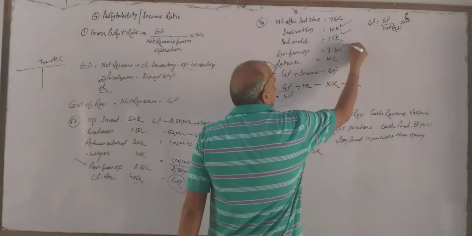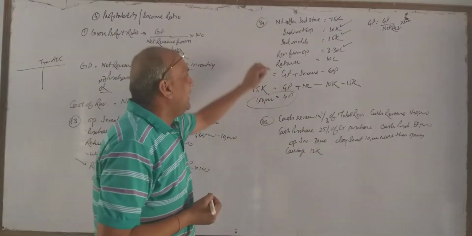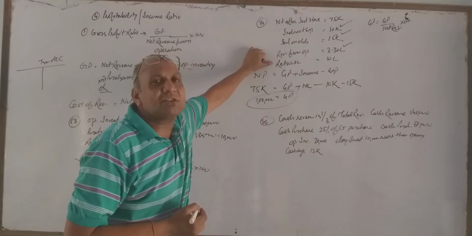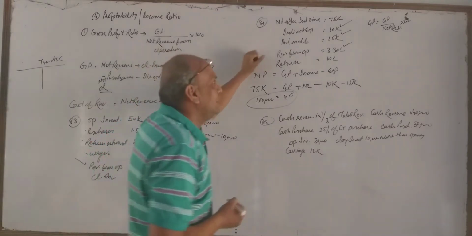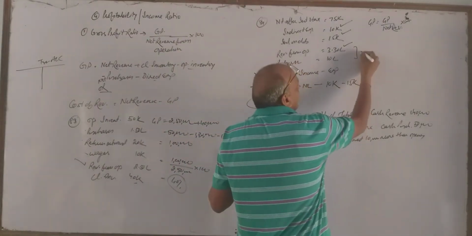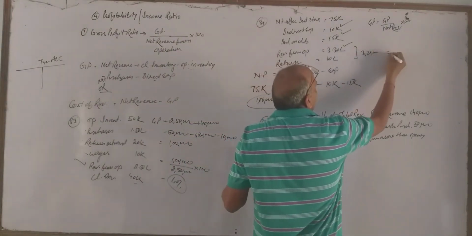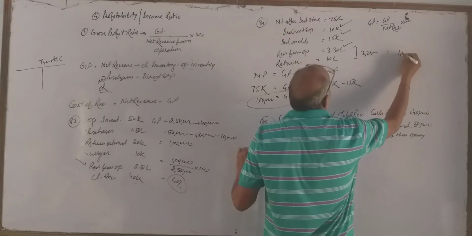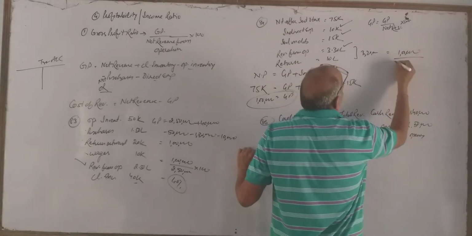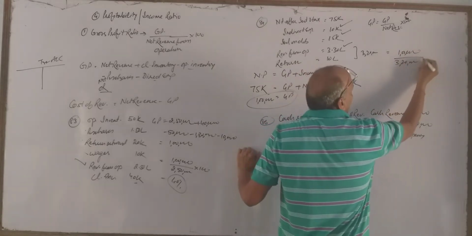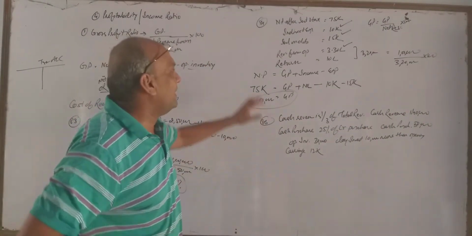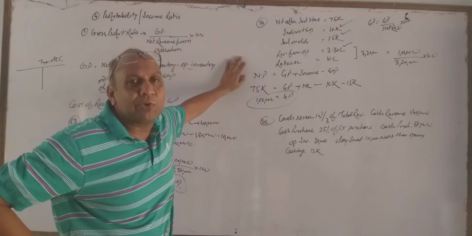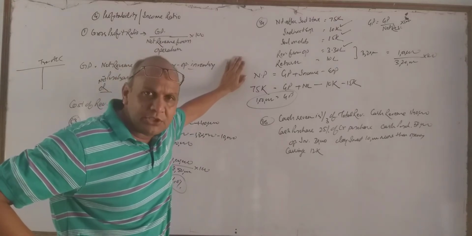Now revenue from operation is 3.30 lakh, and return is not mentioned as sales return or purchase return, so here we will consider it sales return. So it will be 3,20,000 rupees. So what is our gross profit ratio here? 1 lakh divided by 3,20,000 into 100, and find the percentage. In this way, we will be able to calculate our gross profit ratio.